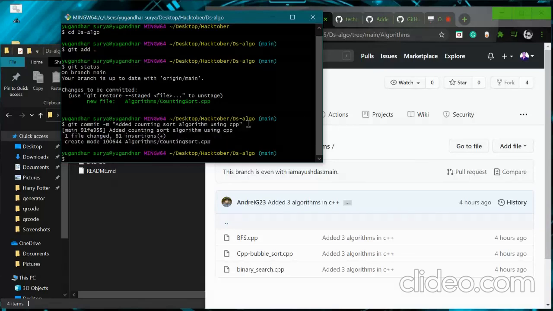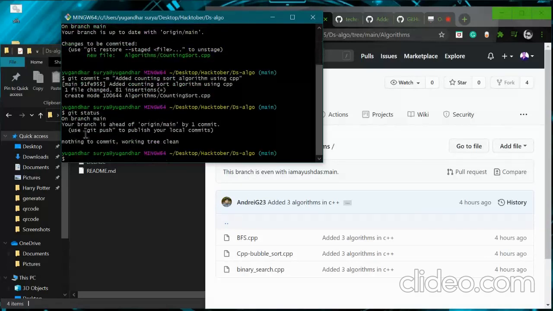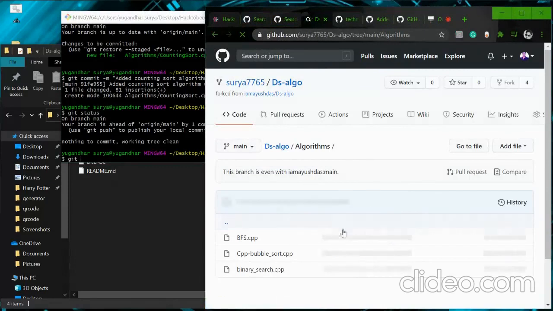If you want to see the status, you can see it is committed to the main branch of this repo, but it is still saying it is not on the GitHub. So you have to use the git push command to add this to GitHub. If you refresh the GitHub page, still it is not here.